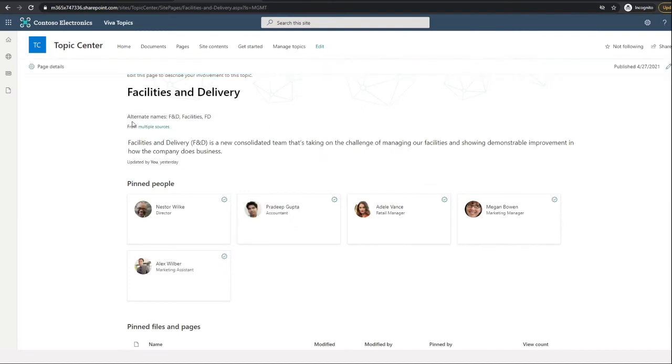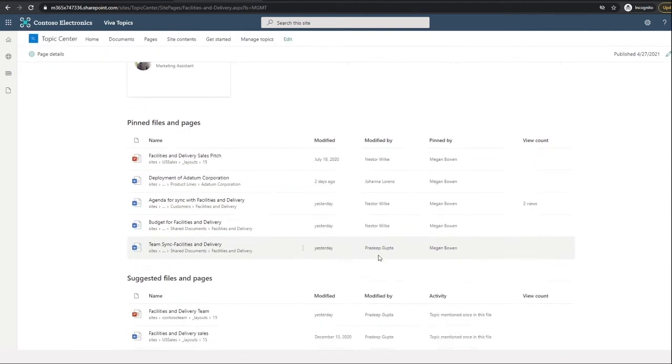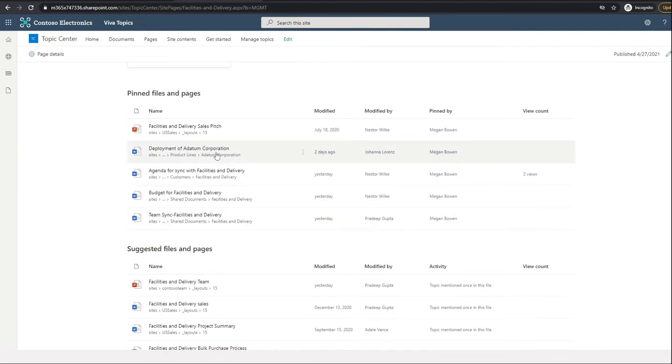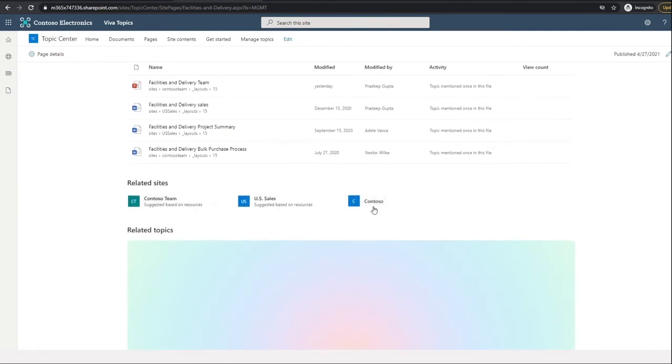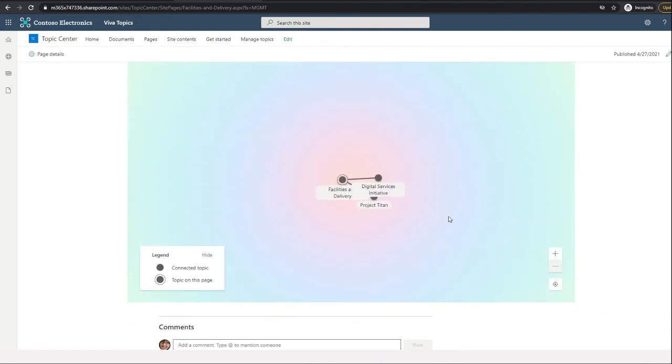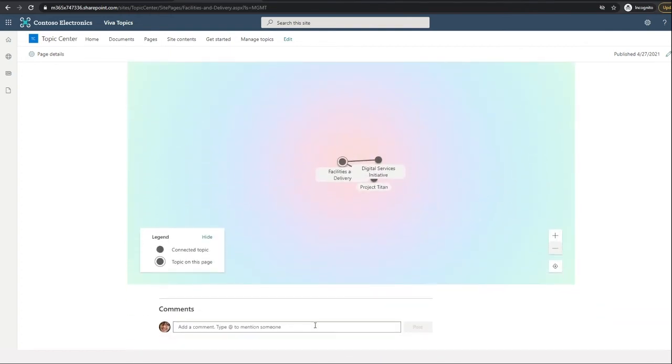So we have our topic name at the top. We have the associated names, and there's the FD that I added. The short description is there. We added Alex in there. We added a couple pinned files in, and we added our Contoso site in there, and here's our map down here for it, as well as our comments. Now, the conversations about this start feeding into this. So if I say,